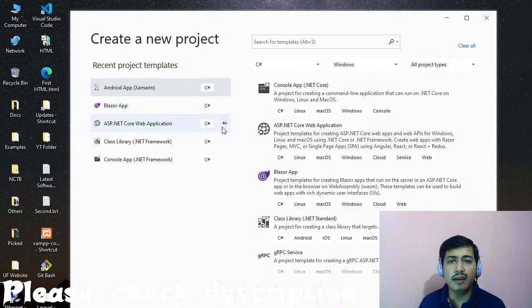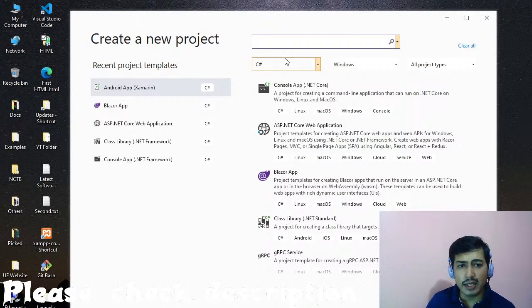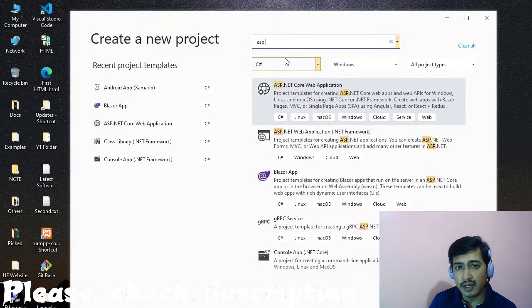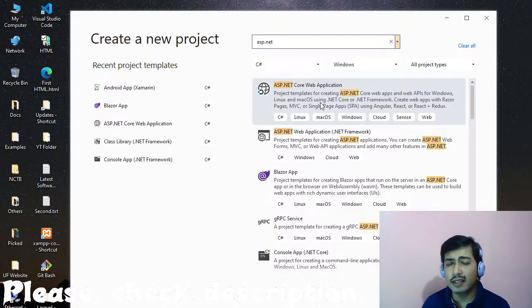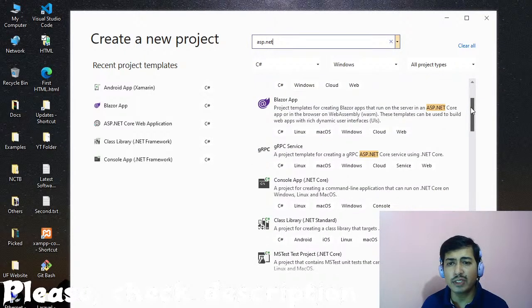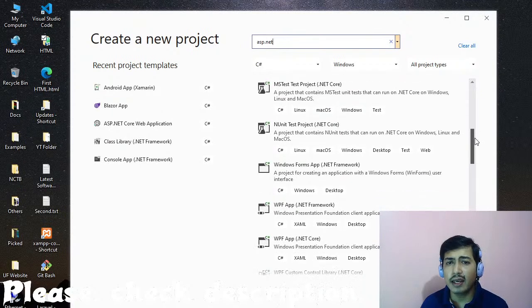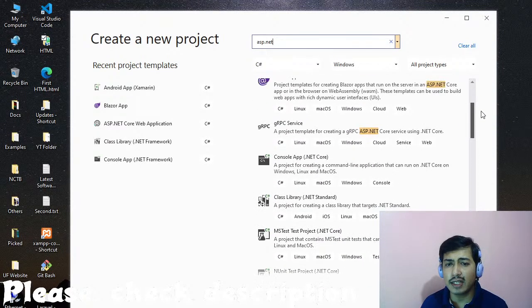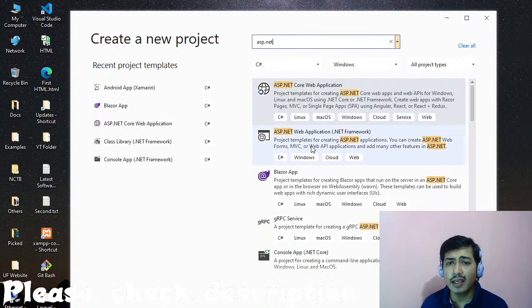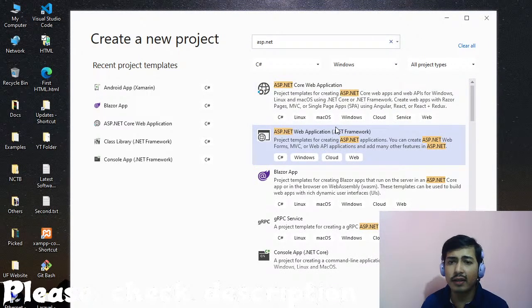Here you can go for an ASP.NET website. We are not going for an ASP.NET Core Web application. We are taking an empty project, ASP.NET. Yeah, .NET Framework. We are going to use an ASP.NET Web application, .NET Framework project, and we are creating one. Next,